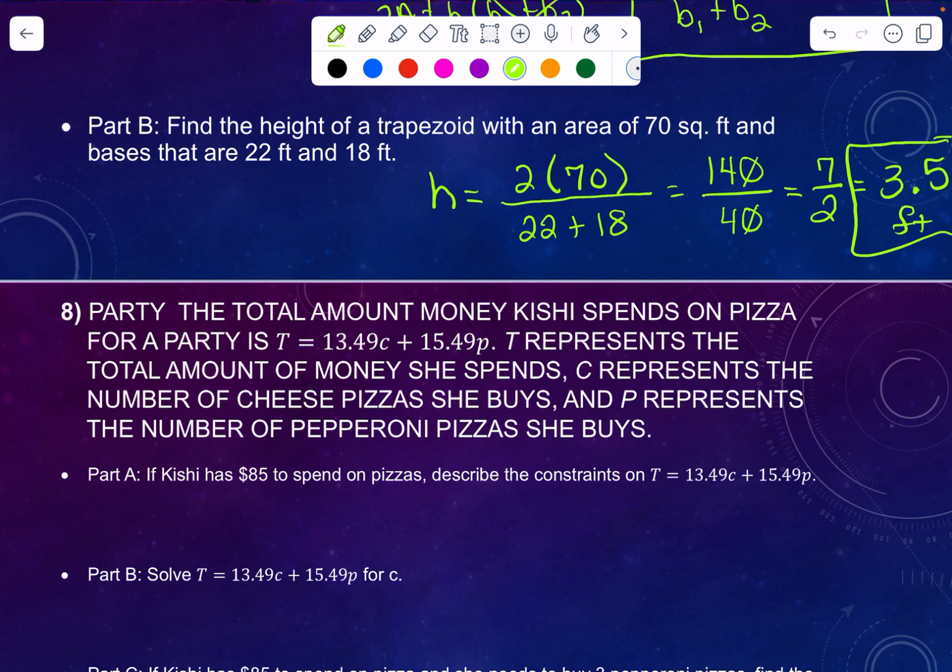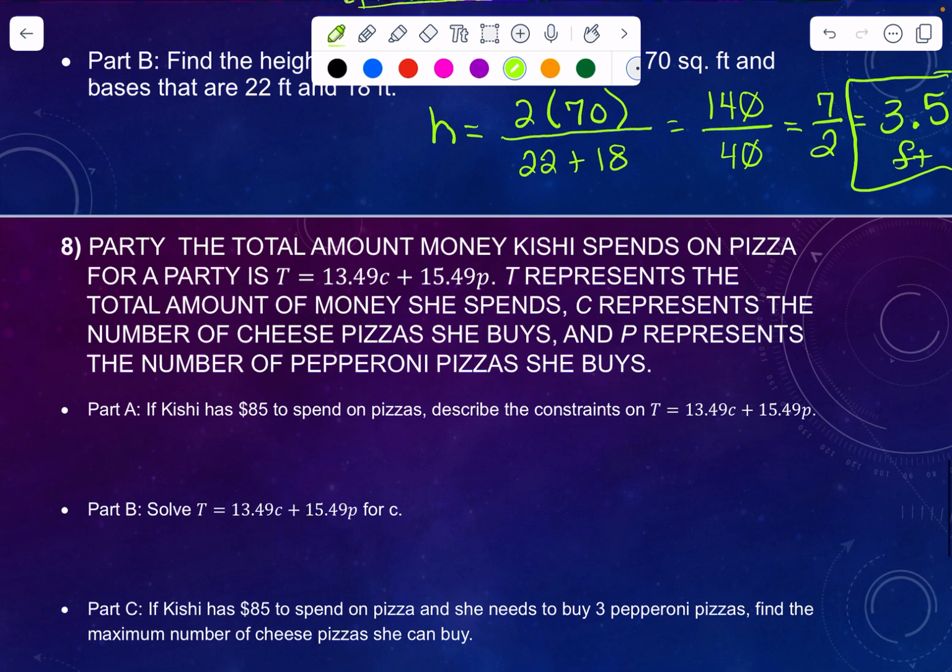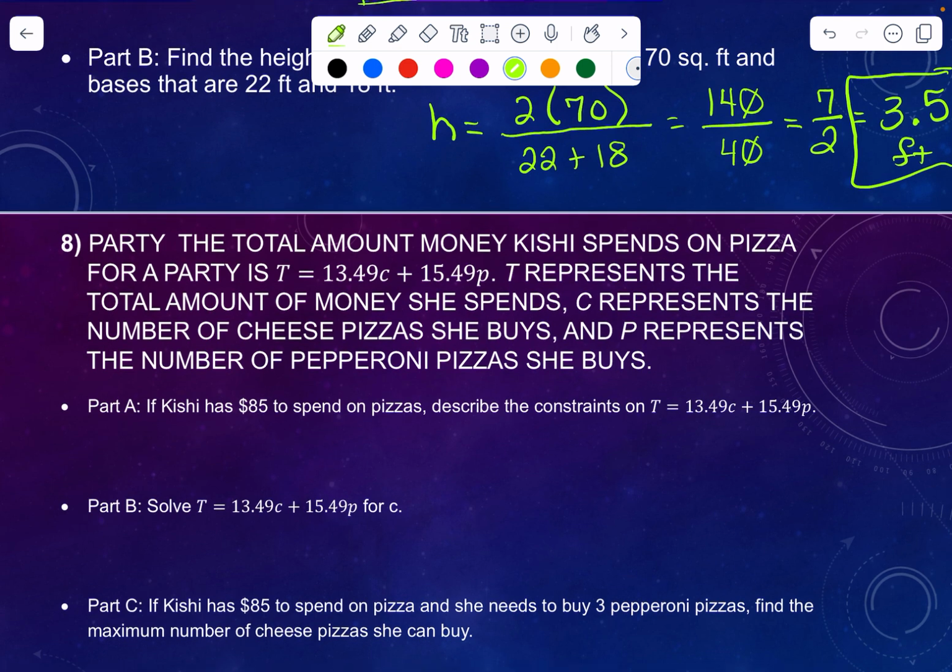Here we're talking about a party. It says the total amount of money Kishi spends on pizza for a party is T equals 13.49C plus 15.49P. T represents the total amount of money she spends, C represents the number of cheese pizzas she buys, and P represents the number of pepperoni pizzas she buys. If Kishi has $85 to spend on pizza, describe the constraints, now that's a new word to us, on that